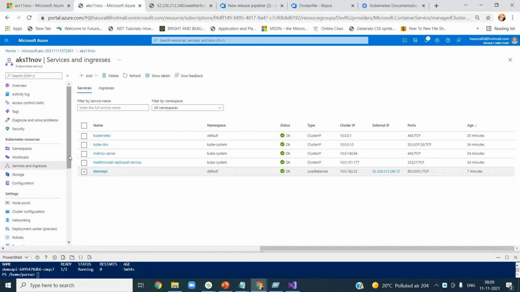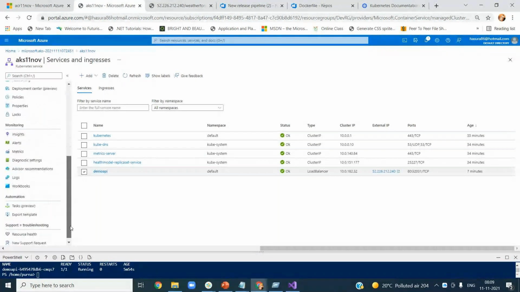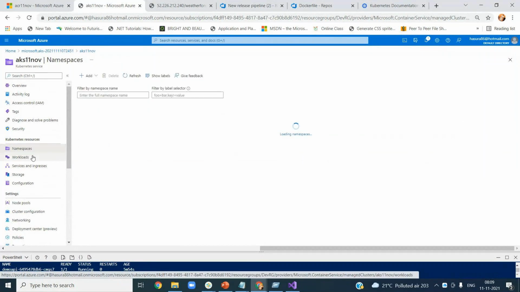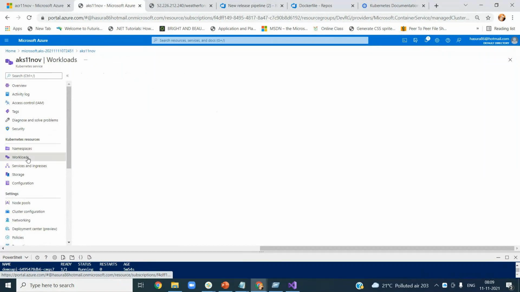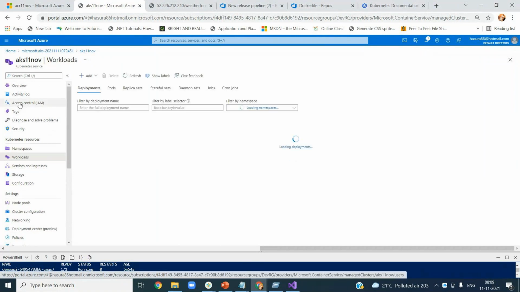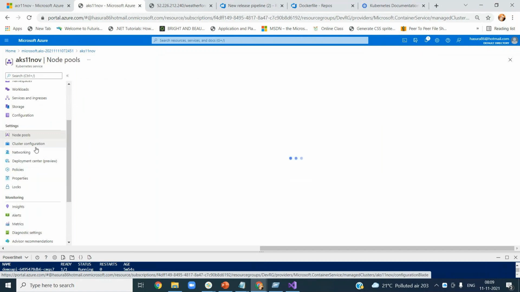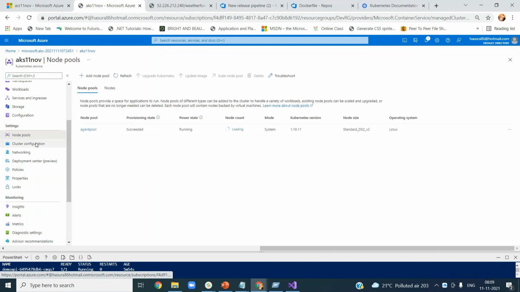Guys, this is the Kubernetes dashboard information. You see all the data related to your Kubernetes here: namespaces, workloads, administration, and node pools. Okay, so before Kubernetes version